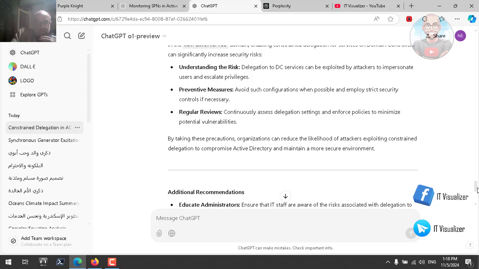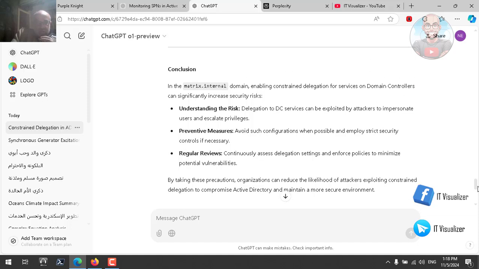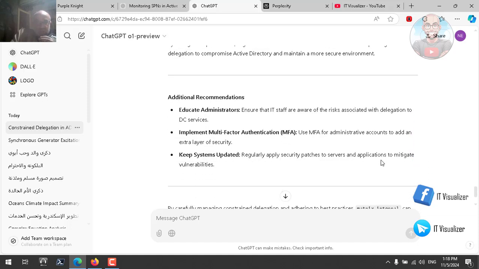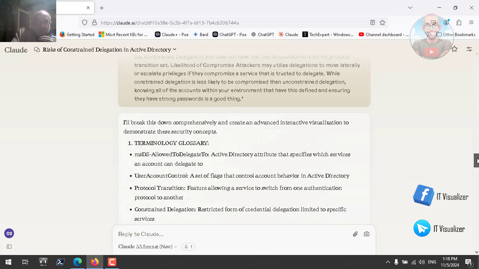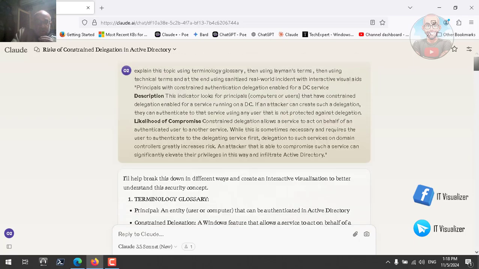These are the conclusions. Additional recommendations: educate administrators, implement multi-factor authentication for the administrative accounts, keep systems up to date. This is the answer of ChatGPT o1, which is a good answer, by the way. If we go and see the answer of